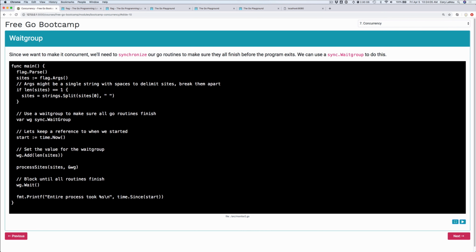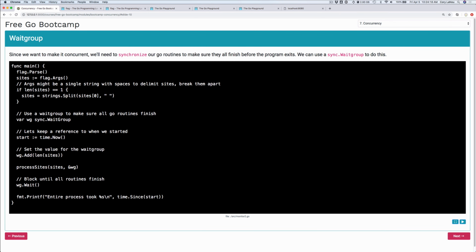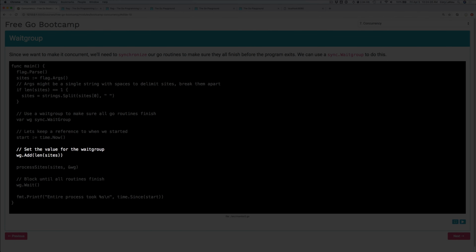So if we look at the changes to this program, they're actually pretty simple. Fundamentally, all we're going to do in the main is add a sync.WaitGroup. This is basically just a counter, and a sync.WaitGroup allows us to say, I'm going to do X amount of things, and when they're all done, then you can unblock and keep going. So if we look at the code here, I create the wait group. I've got the start, which I've kept from before. Now this time I'm going to do a waitgroup.Add, and I'm going to give it the number of sites that we're going to process. This is based on the number of arguments we sent in.